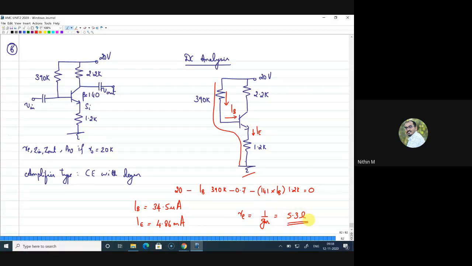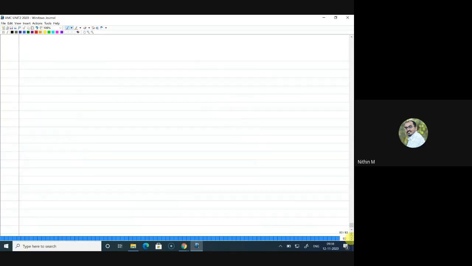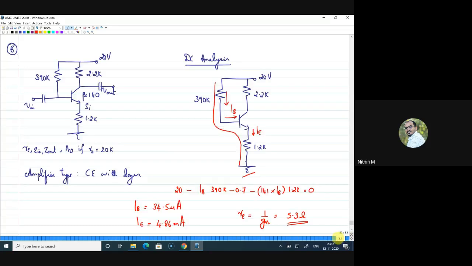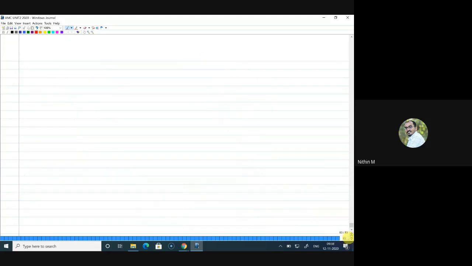Now we can find the input and output impedance and the voltage gain for this circuit. We haven't done this in class. Whenever you have a circuit of common emitter with degeneration, we haven't done this part. So let me draw the equivalent circuit first. I asked you to do the same as MOSFET. So this is GMV pi. Now this is R pi. We have a resistance here, output resistance, which is R naught.